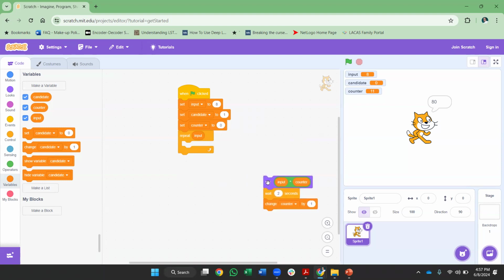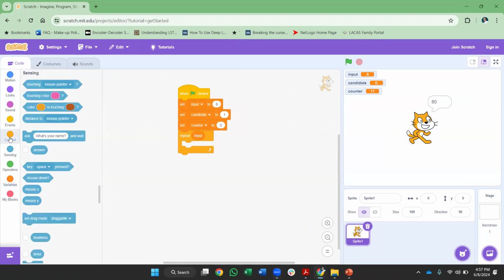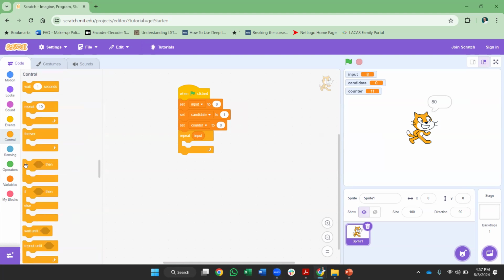So within the repeat block, this time we don't need to say anything because we just need to simply count things. So let me completely trash this code. We just need to count things. And what do we need to count? That is important. We need to only count the factors. Go in control, drag the if statement,